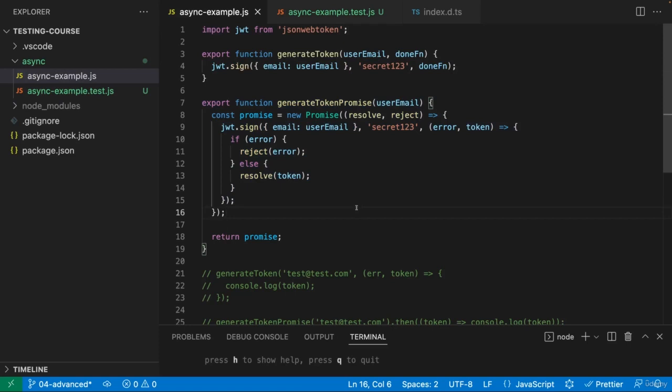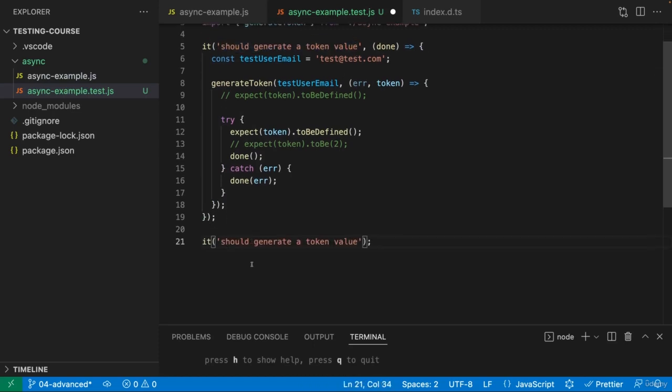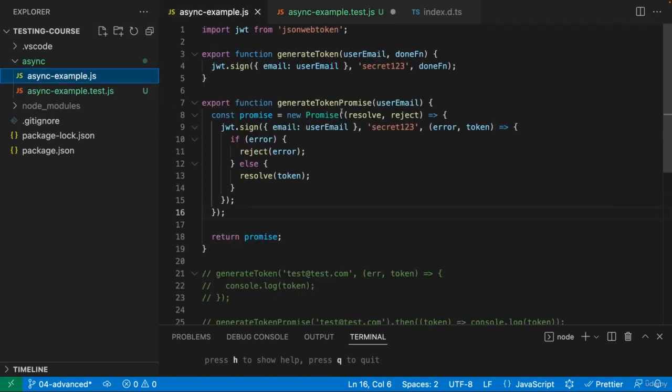You can also write asynchronous code for functions that yield promises, and it's actually easier than for functions that yield callbacks. So here I'll add another test where I, again, want to check whether a token value was generated. And I will add my function here, but now without the done parameter. And in this function, I have my test user email address. And then I want to call generate token promise like this. And to this function, I want to pass my test user email address because that is the parameter value this